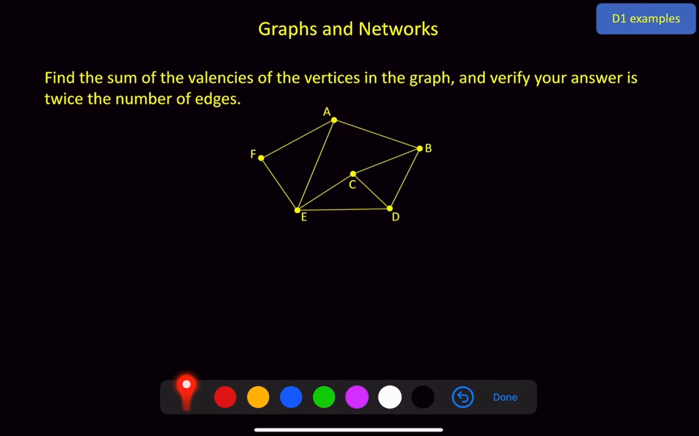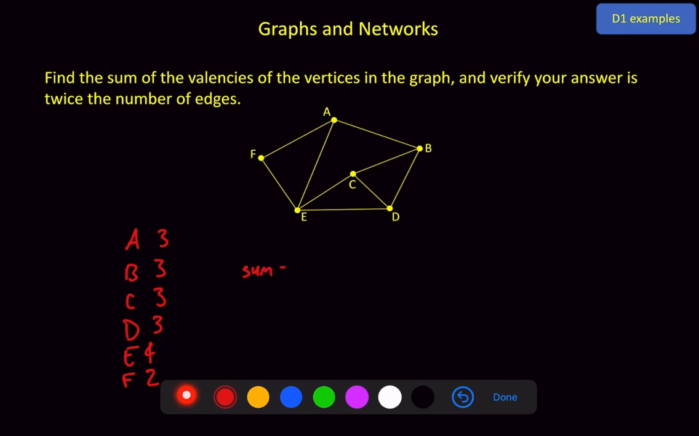Find the sum of the valencies of the vertices in this graph. Verify your answer is twice the number of edges. Okay, let me quickly list. A has got 3, B has got 3, C has also got 3, so has D, E has got 4, and F has got 2. If I add these together, that gives me 18. So the number of edges,